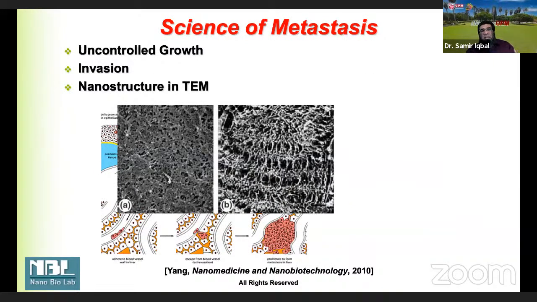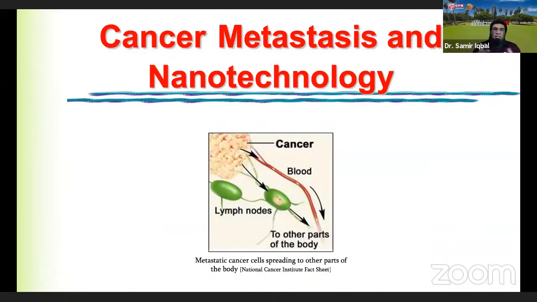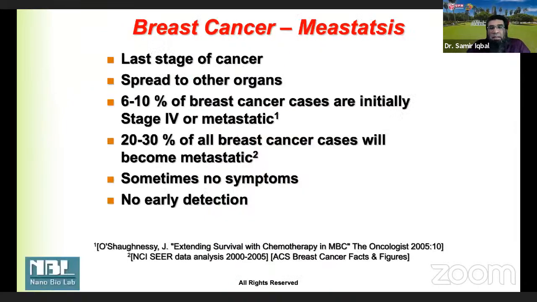This led us to think more about the relationship of metastasis, or metastatic cells, with nanotechnology: the behavior of metastatic cells can be looked at in terms of their interaction with nanotextured material. One thing we did was for breast cancer, though we worked on many different kinds of cancers. A majority of deaths happen because of metastasis in breast cancer, which means they take the biopsy sample and somehow miss it, because the systems are not sensitive enough to find metastatic cells.